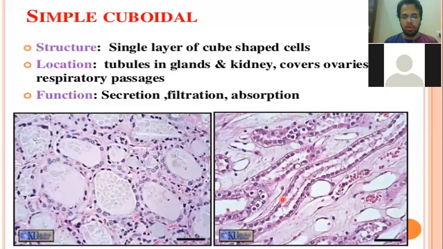Now you can also see that this is the body cavity, right? And these are the epithelial cells which are lining the body cavity, and you can see that these epithelial cells have a nucleus, and these cells are very closely attached to each other. There is no space between these cells. They are also lying on the basement membrane. Their shape looks like cubes, and it has a single layer. So we can say that this layer of epithelium is a simple cuboidal epithelium, right? This is how it looks.